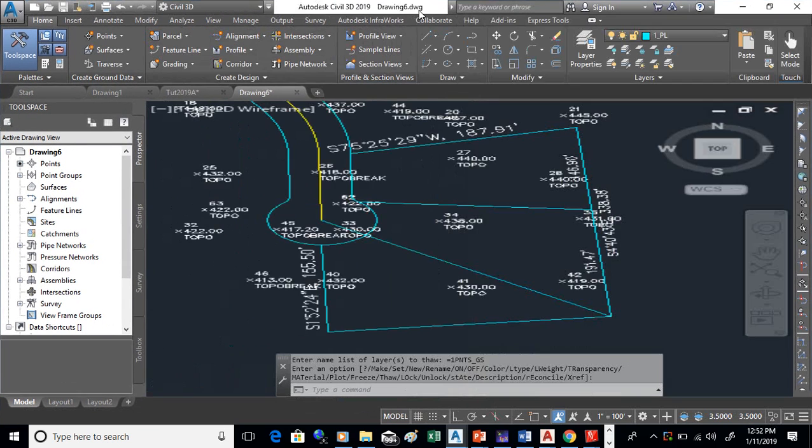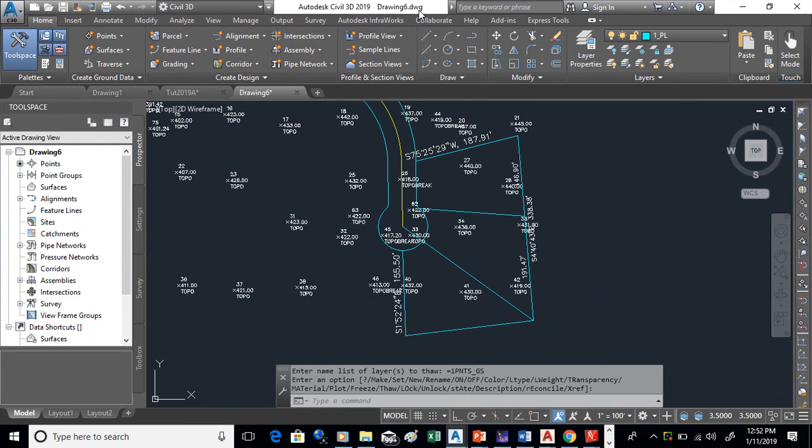Let's have a look at creating lots and labeling the lots. Okay, so typically each lot is given a number and you show the area of the lot. And that's very typical to do. Lots are called parcels in Civil 3D. So to label these things,